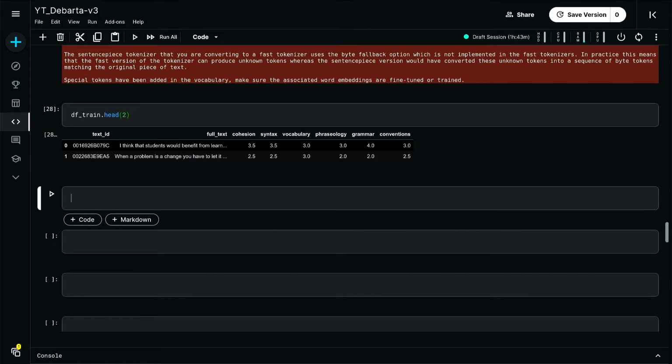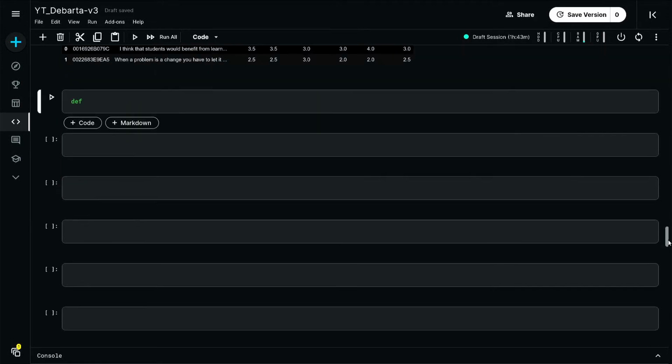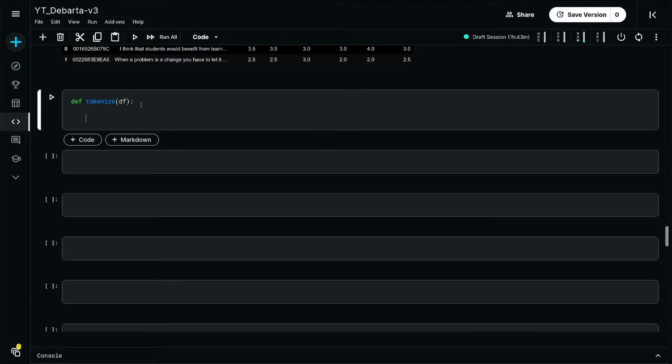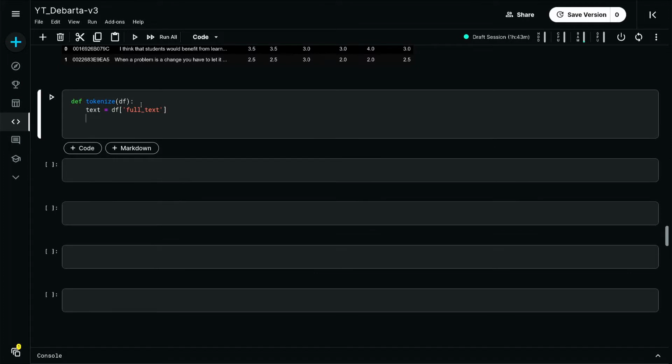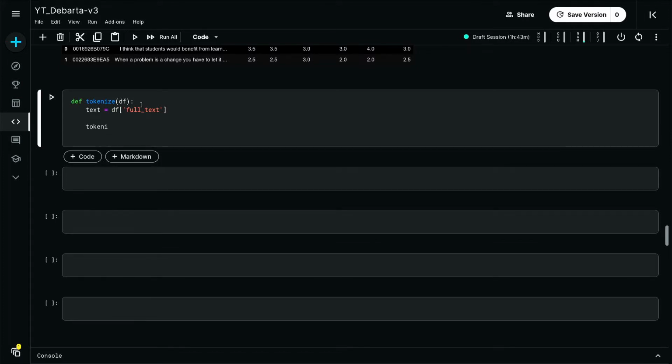Now define a utility function named tokenize. Tokenizer, and then we'll get text.